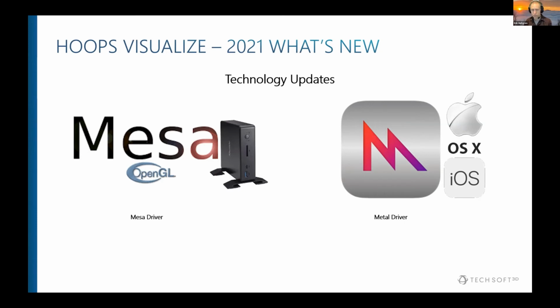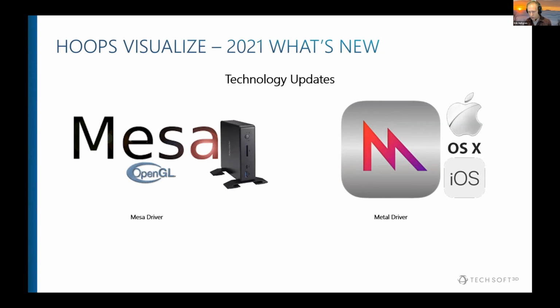We could shift over. We could talk about our new Metal driver. For those who are not familiar with Metal, this is Apple's proprietary graphics SDK. And this is essentially a competitor to OpenGL or Vulkan on their own platform. The reason we had to add this for our partners who ship on OS X and iOS is for years, Apple has been very clear that they want to remove OpenGL support. They want it to go away.